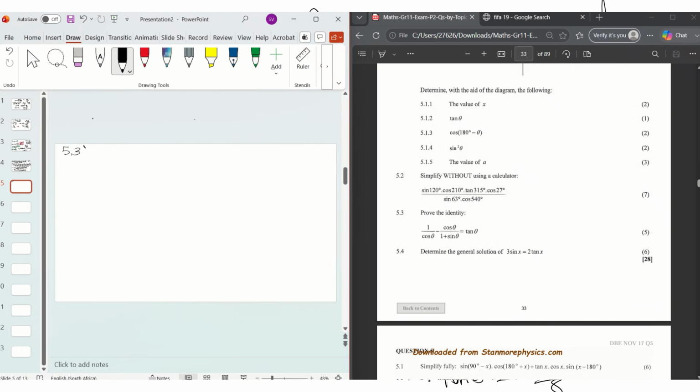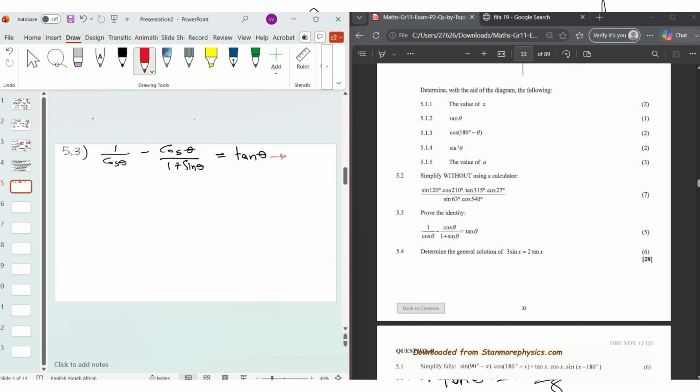Okay, 5.3. So we've been given 1 over cos theta minus cos theta divided by 1 plus sine theta is equal to tan theta. So now we've been required to prove what? This identity. So guys, if we look at our right hand side,